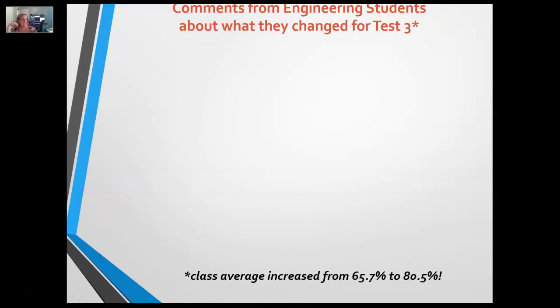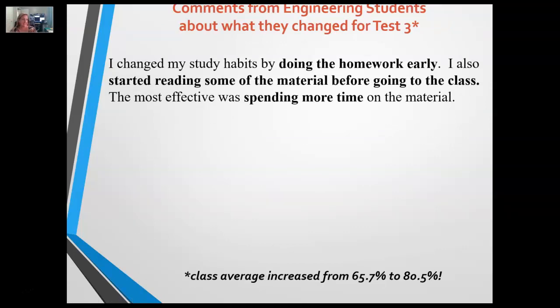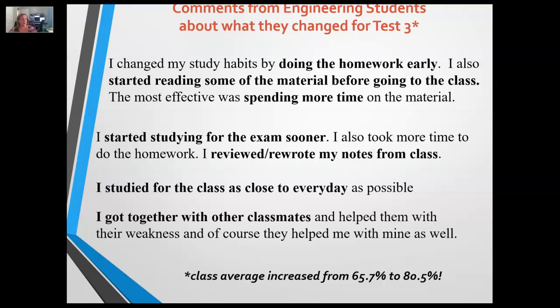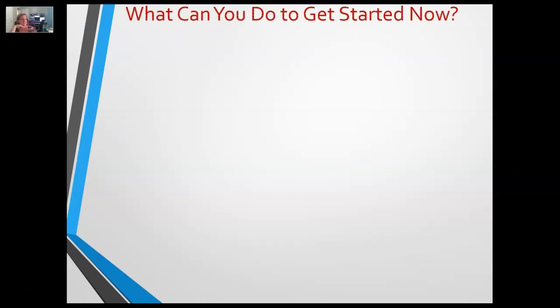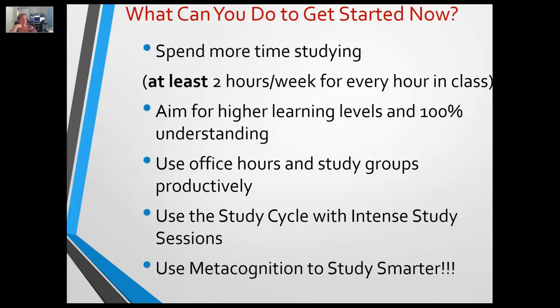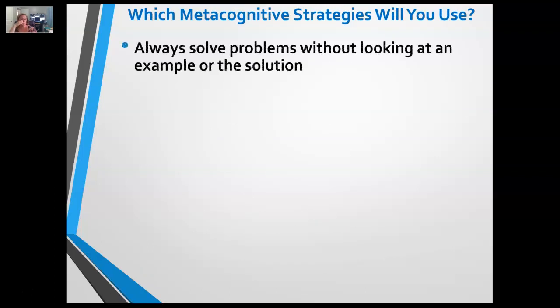All right, and then just some of the things that people had said after they changed their habits, that they were doing so much better. And I've had students say at the end of the semester that this is one of the things that helped them the most, and not just in math, but in other classes as well, right? These are just little things that some students have said really helped them, and helped them improve their test scores, those that improved it. All right. So I've kind of already talked about those,